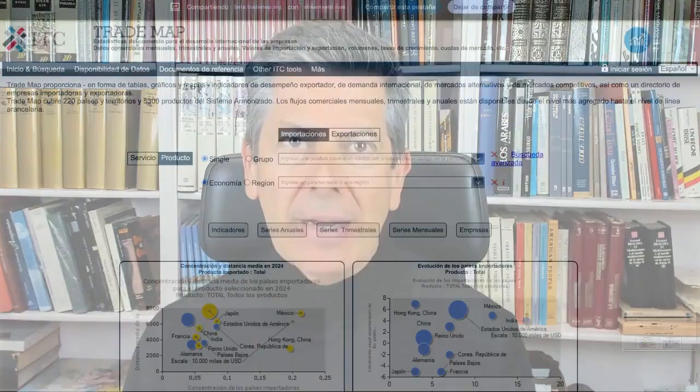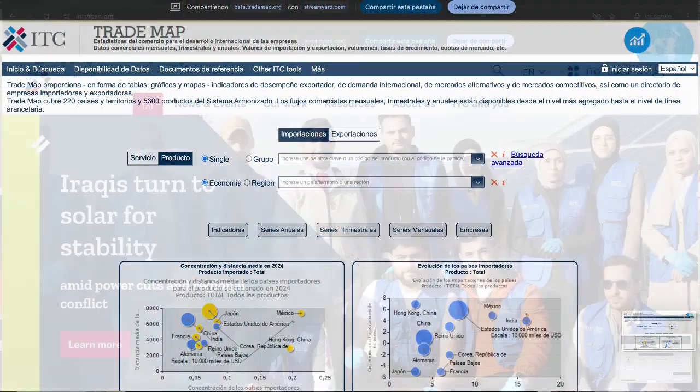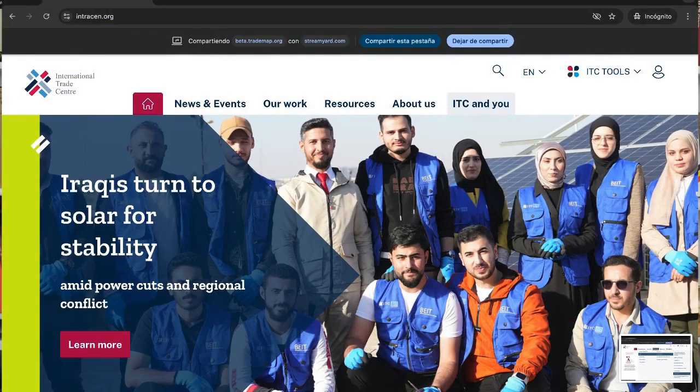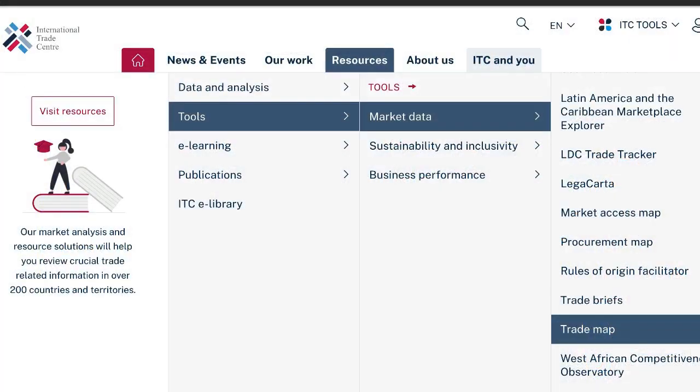Today we have updates about a tool many of you have used, called TradeMap. Let me remind you that there is an international organization called the ITC, International Trade Center, and this organization has multiple online tools such as the Export Potential Map, for example, or MagMap, to find tariffs, and of course it has a tool that shows you the flow of goods between countries called TradeMap.